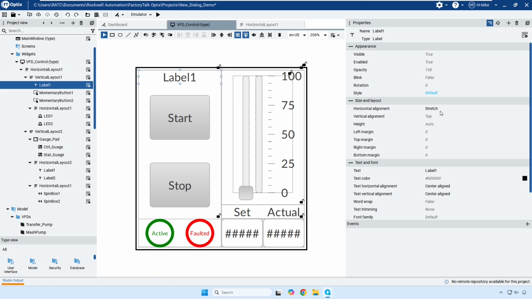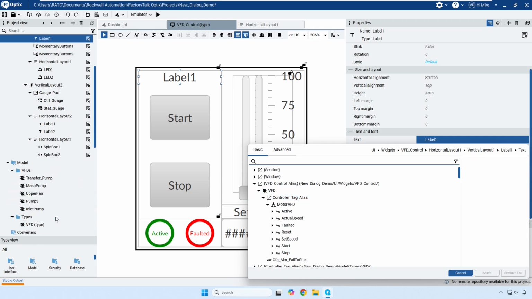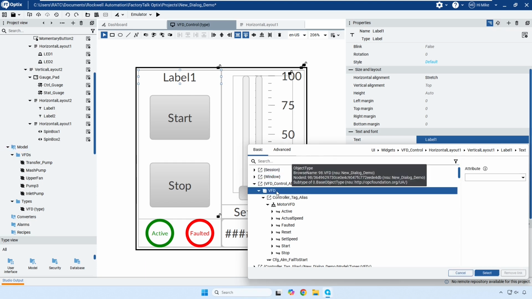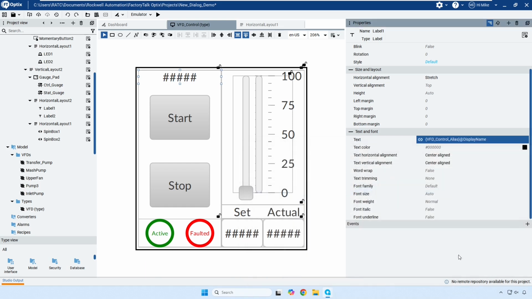We can use a special property. We can browse into that object, and we want to use the context here. Not the VFD1, 2, or VFD203 coming from the controller, but we want to use this context here. To do that, we would click on that top level, go to attribute. I want to use display name. Well, we haven't talked about that. We could use this tag with the underscore is the browse name. I like using the display name so we can get the spaces in there. You can't have spaces in your object names. So I'm going to use display name, select, and then I'm going to go in and actually set the display